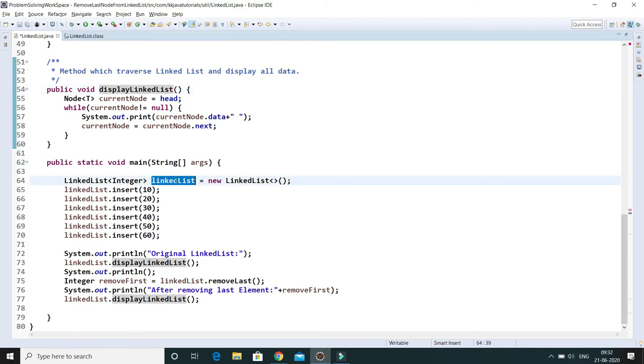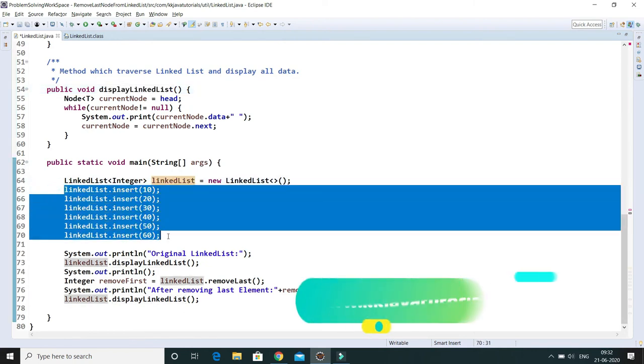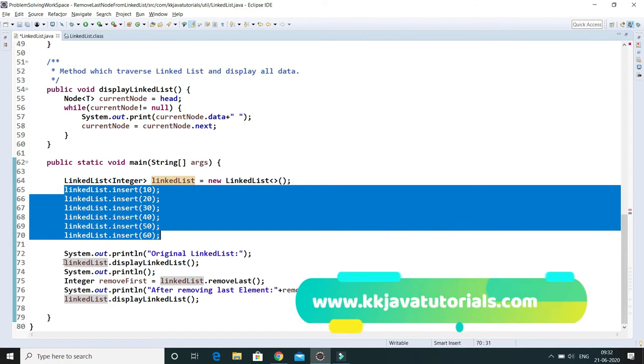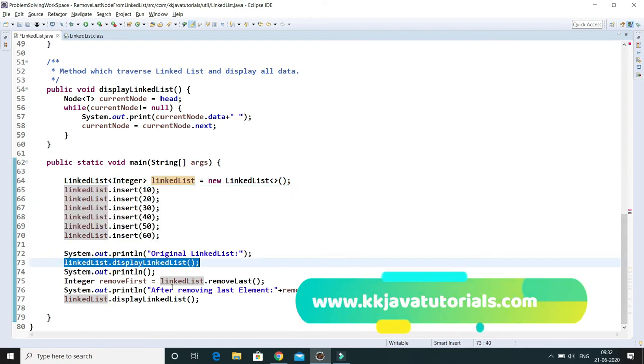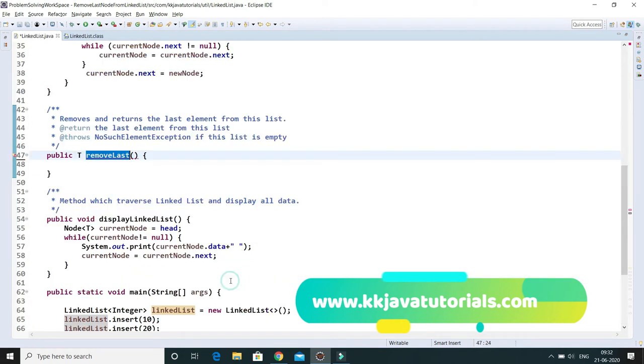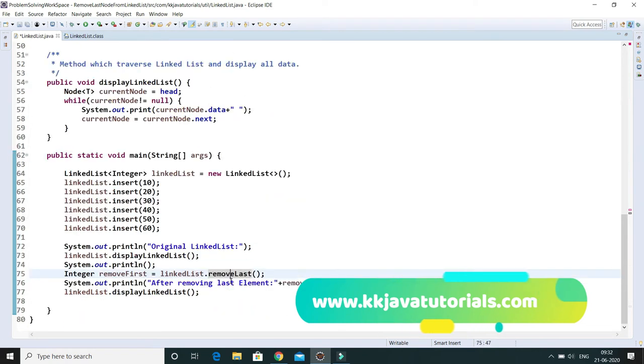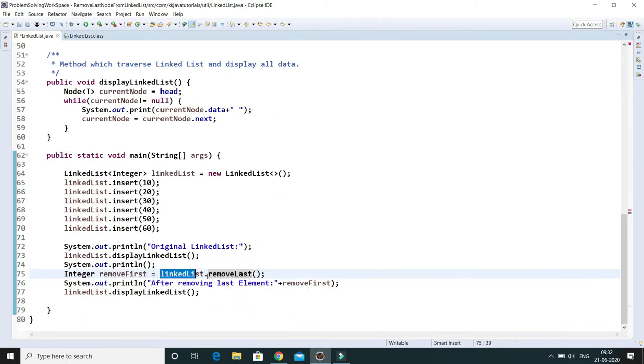Here I have created a linked list object, and I'm adding 6 elements, displaying the original linked list, and I'm calling this remove method which is not implemented yet. My intention is to remove the last element.